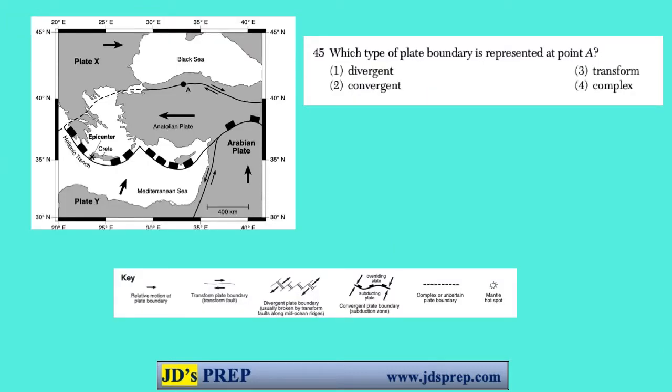Our first question is, which type of plate boundary is represented at point A? We see the plate boundary here and the relevant arrows. Our key that I've copied down here is from your reference booklet. You can see that this is the plate boundary that's represented, so our correct answer is 3, a transform plate